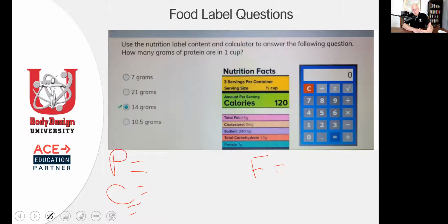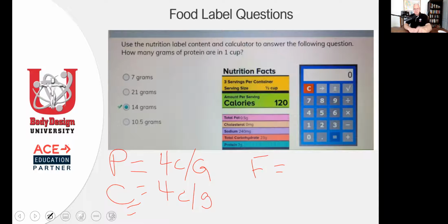You would know these more than likely if you've gone through any of the materials or you've been in the training world any length of time. Protein has 4 calories per gram. Okay. So again, these are the numbers that you need to know. Carbs, 4 calories. You might see it in kilocalories and probably a small g for grams, right? So for every gram of carbohydrate, every gram of protein, every gram of fat, there's a certain number of calories